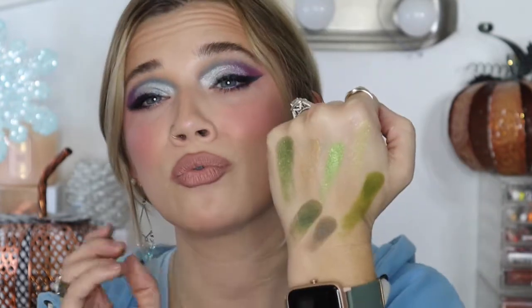So this is fantastic. Green eyeshadows are my favorite eyeshadow colors to wear ever, bar none. My favorite color to wear on my eyes is green. I'm gonna go ahead and swatch some of these green colors. So beautiful, just absolutely stunning. Here is another one. I love that this one comes with pretty much every green you could ever need. I also really love all of these matte neutral transition colors. This palette is fantastic. I grab it year round, but I've definitely been getting into it a lot more fall